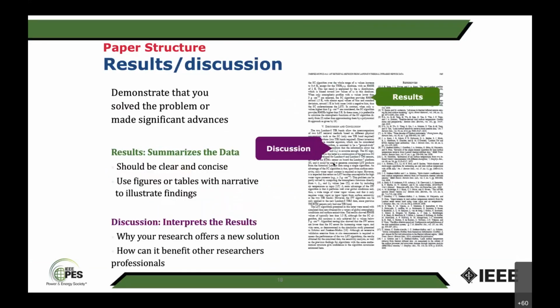Fine. Results and discussion. Results are results, discussion is discussion. See here, I have results, like I'm getting a load forecast error for the 24-hour forecast at 3 to 5% average. That's results. Discussion: what does it mean? Is the 3 to 5% error good enough for the application you have at hand? If a power company has to do economic dispatch in power system terms using your load forecast, then they have to know within 5%; an 8% error band is fine, good enough. So that's why 5% error is pretty good.